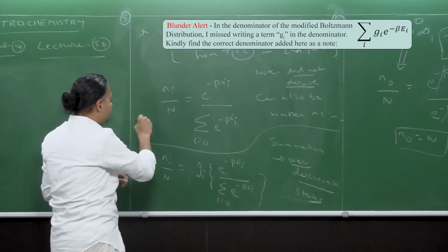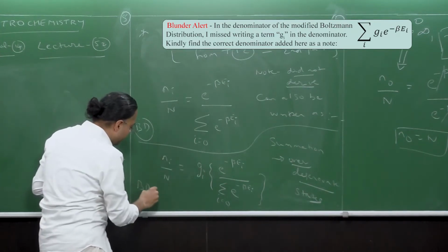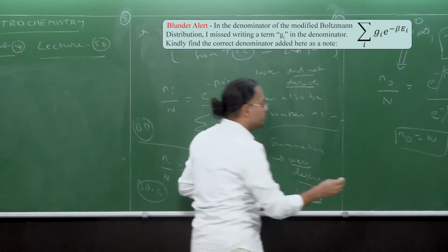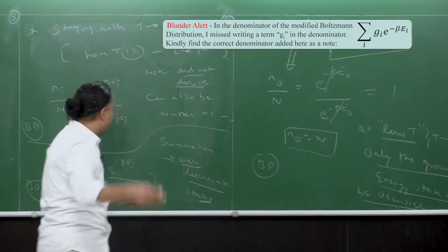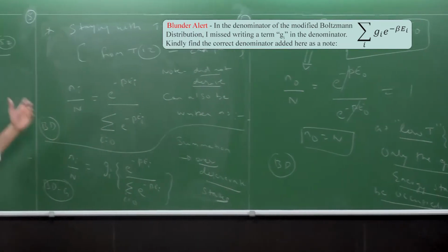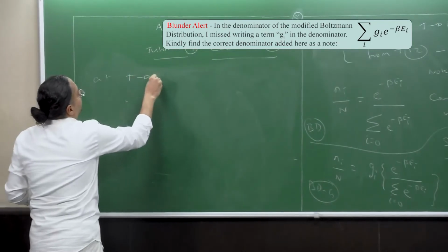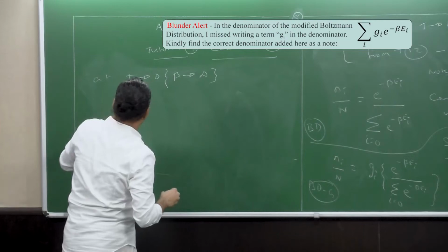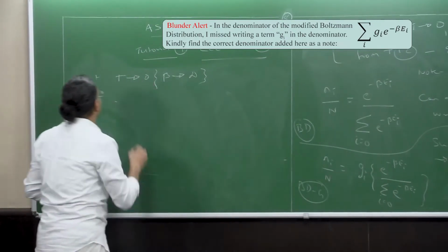This is simply the Boltzmann distribution, and let's call this the Boltzmann distribution including degeneracy, okay? Now, from the Boltzmann distribution, we got this, okay? Now, using the same idea that T tends to 0, that is beta tends to infinity, using this Boltzmann distribution including degeneracies,